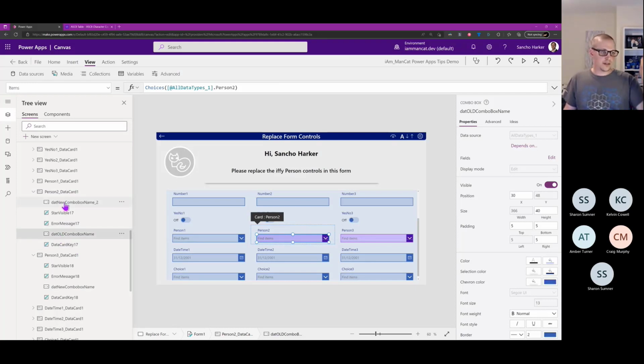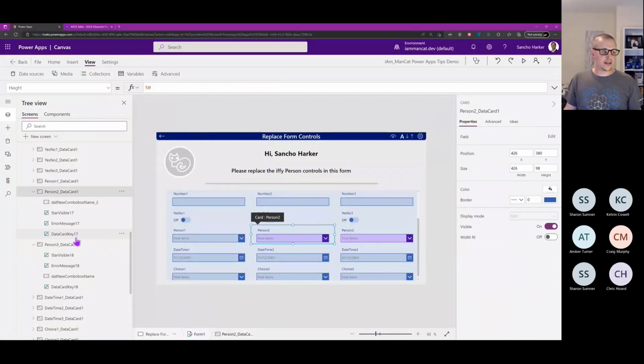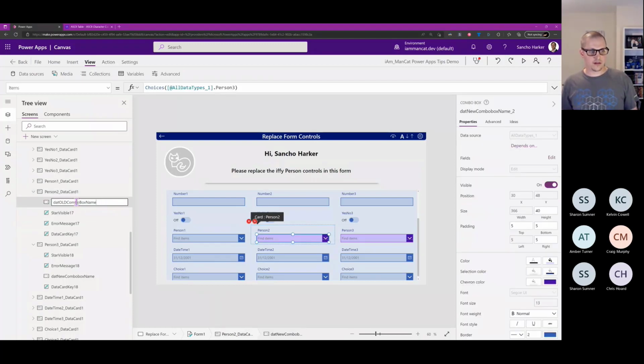Okay, now I've got both on the left there, you can see I've got the new name and the old name. What I can do is just take the old name, delete the old object, and then everything starts erroring because it's trying to reference the update of the card will be referencing that combo box, and various other things will be complaining about the old item doesn't exist. So if you actually just paste back in that old name's value,